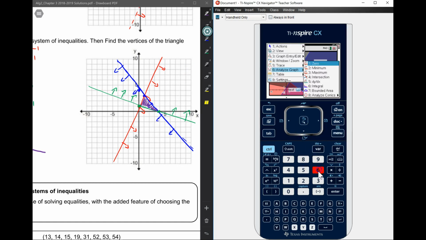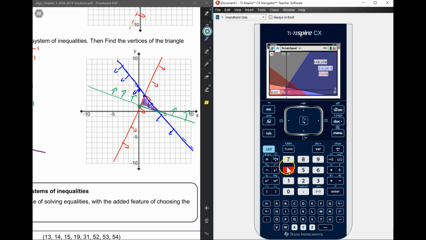All right, let's find a couple of these intersection points. Menu, 6, 4. All right, now it says which graph, right? Because now you have 3 graphs. So which graph do you want to find the intersection points of? So suppose I'm going to do the red one. And where is your second graph? Well, let's do the blue one, right? And then it gives you your vertical bar. So you go to the left, you go to the right, and the intersection is 1, 3. Okay, so each time you can select, okay? It still says graph with the first one. Because you need to select one